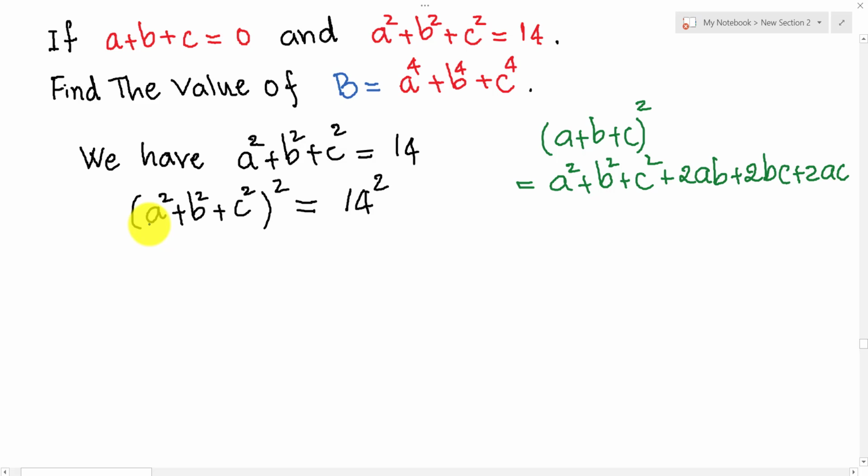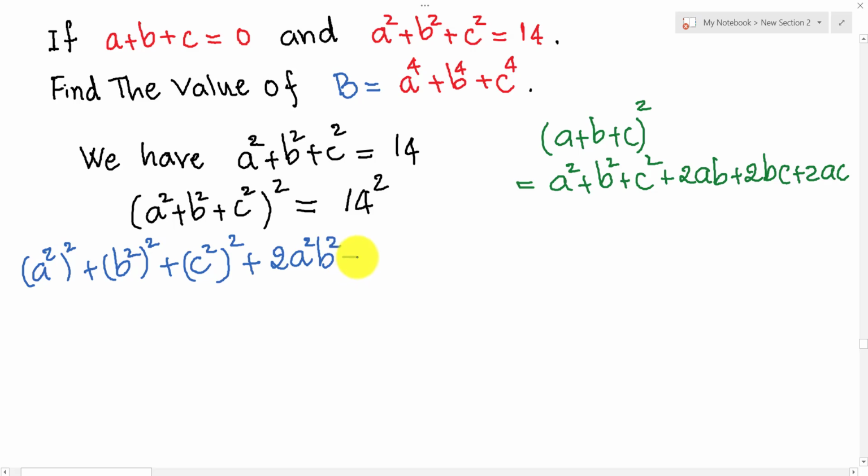So we get (a square) all squared plus (b square) all squared plus (c square) all squared plus 2a square multiplied by b square, plus 2b square multiplied by c square, plus 2a square multiplied by c square equals